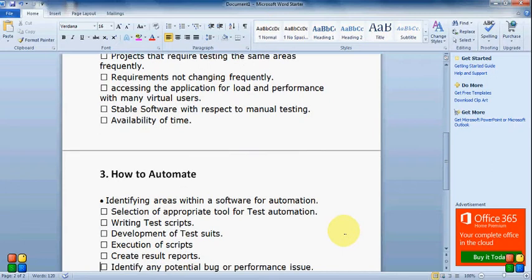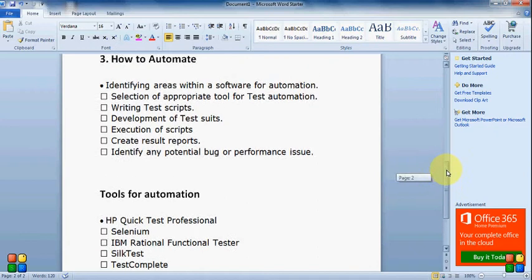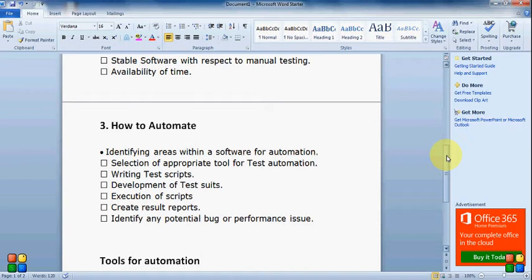Now, how to automate? To automate, the very first thing you need to do is identify areas within the software for automation. Identify the area within the software where you want to automate, what you want to automate. Then selection of an appropriate tool for test automation. I will tell you the various tools available in the market which are useful for this automation purpose.